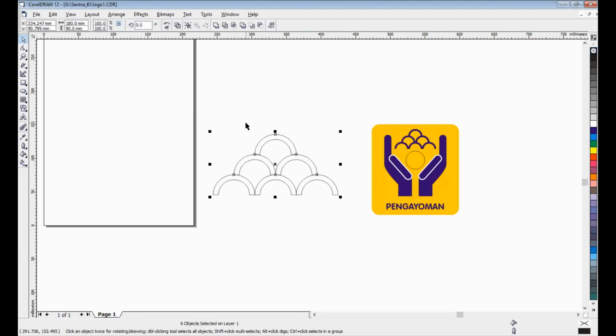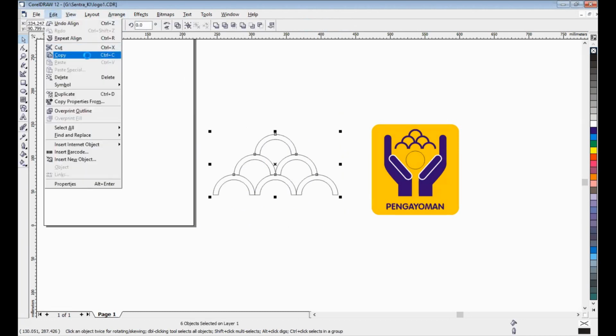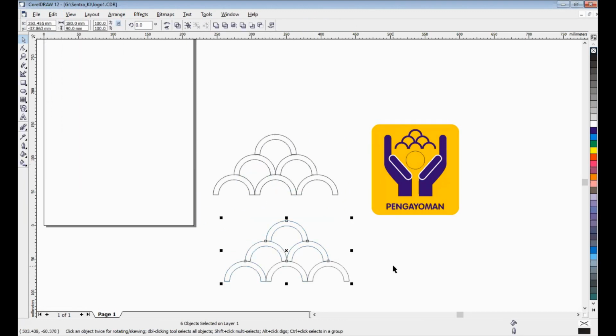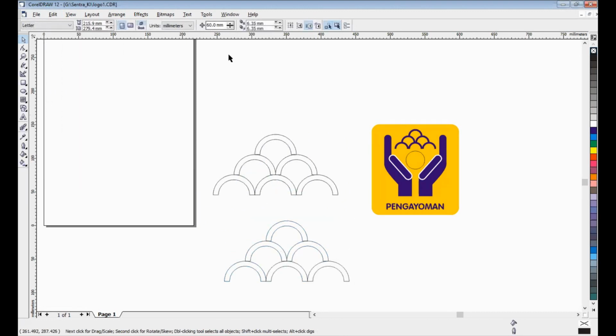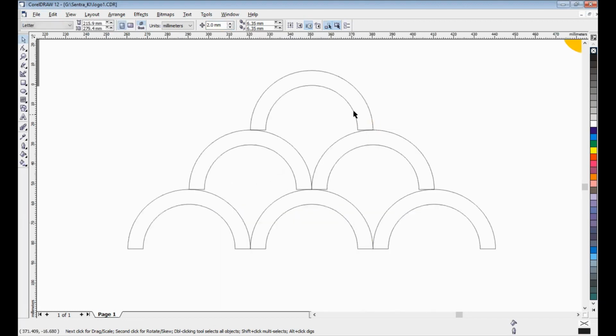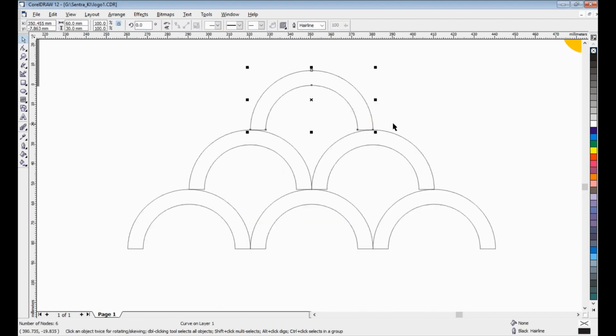Okay, I will copy first. Copy, edit, paste, and by the way, I have an idea to create a new position, new object, and others.